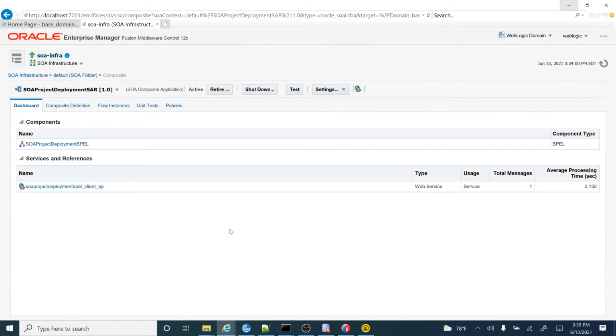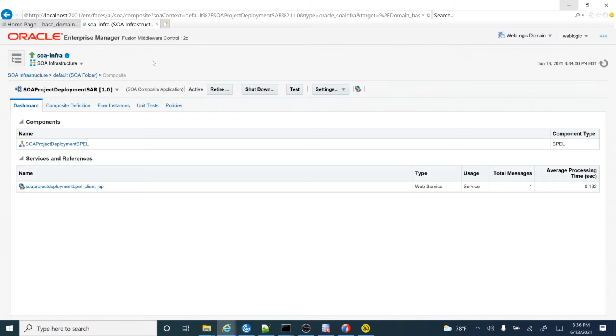In any targeted environment. So for example, this is the SOA project which I have already deployed in the WebLogic server. We have two ways of testing: either we can test from the console or through the SOAP UI project. To test from the console, the bigger problem is you need to have access to this particular environment. You may have access only in the development environment, but not in a higher environment like the test or production environment.